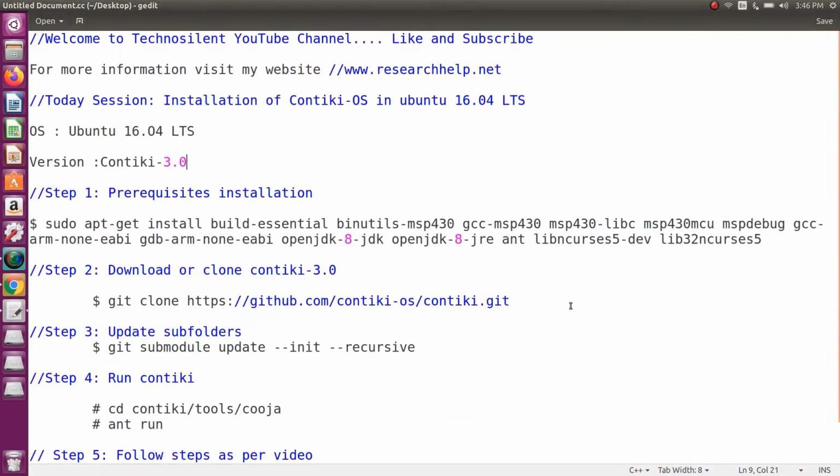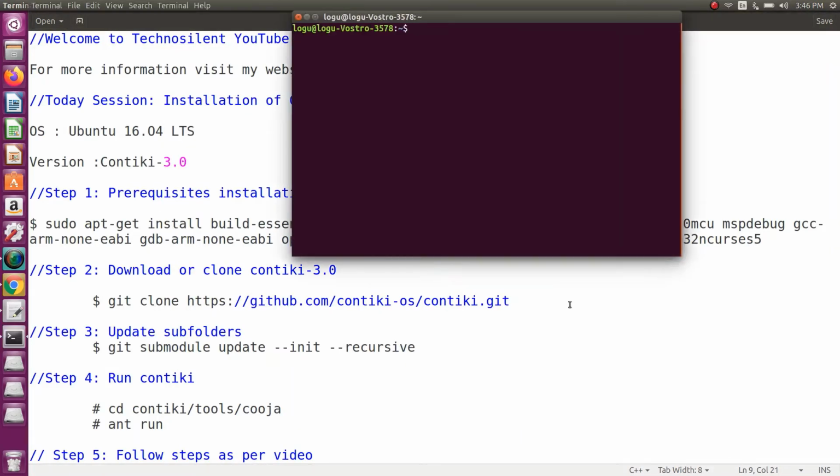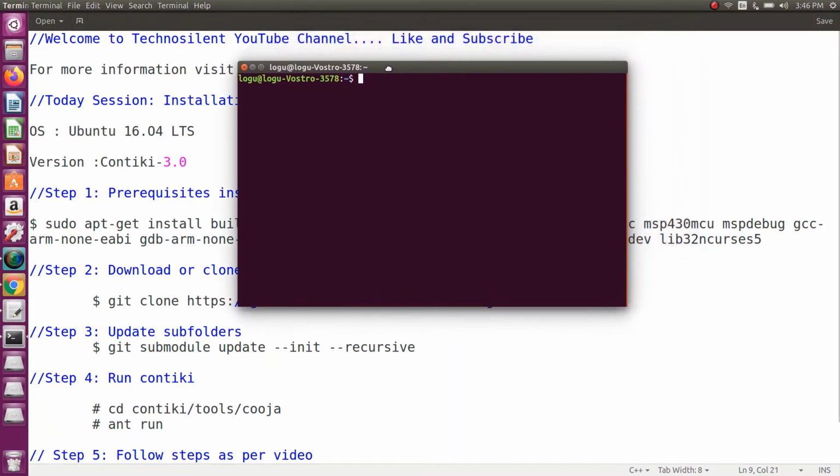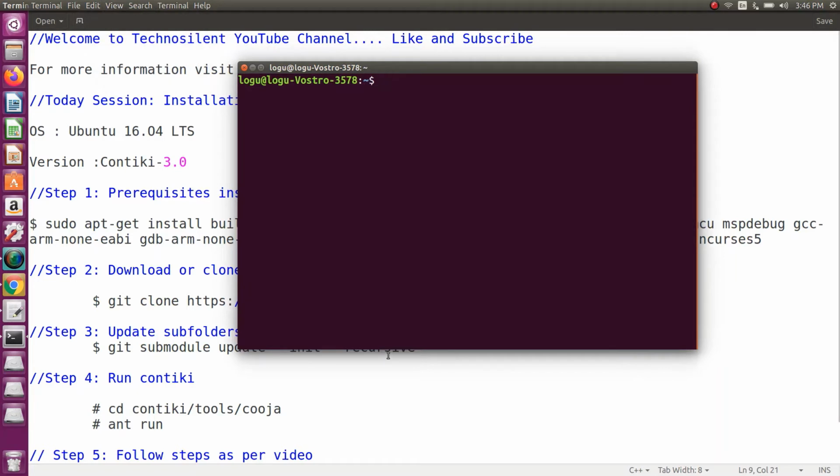Then open the terminal by pressing Ctrl Alt T. After opening the terminal, give the command sudo apt update.